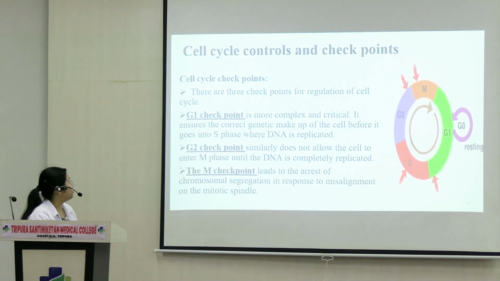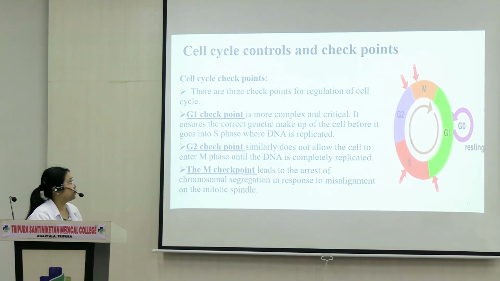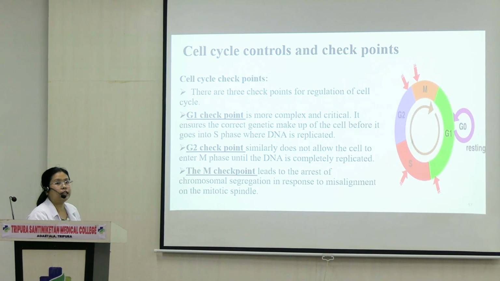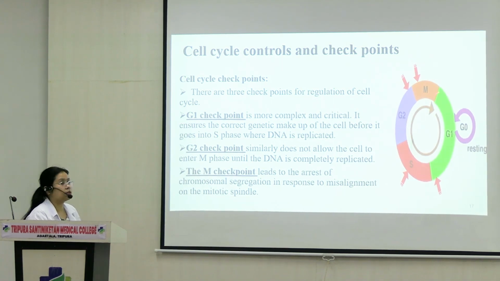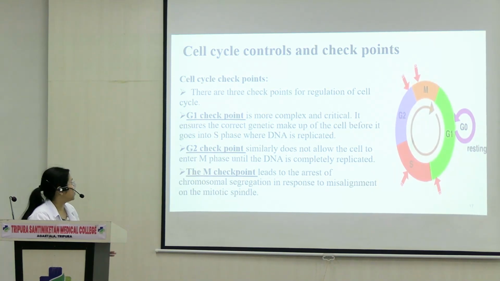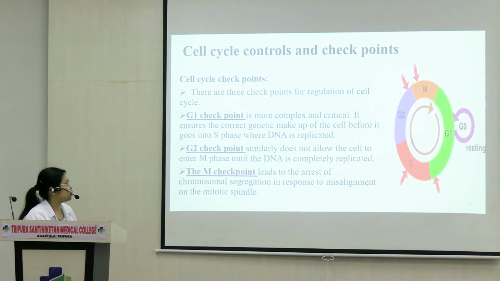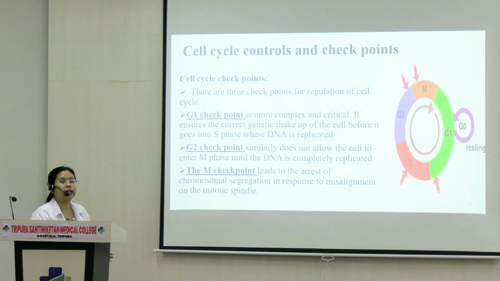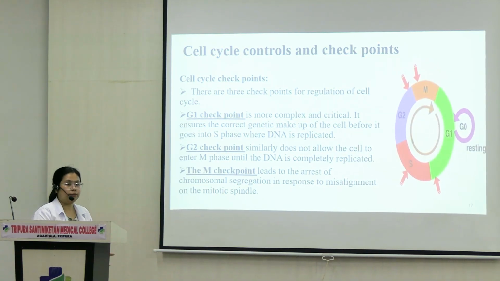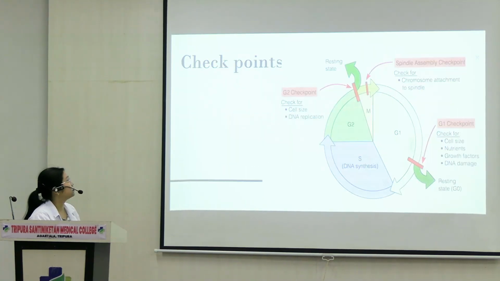At the G2 checkpoint, the cell checks before it enters into the phase of mitosis. Mitosis is cell division, right? Before the cell starts to divide, it makes another cell. You want to make sure that everything is perfect, so there is the G2 checkpoint. Even at the M checkpoint, there is arrest of the cell in case it has any damage. If the cell has any damage, it goes into G0 phase then.